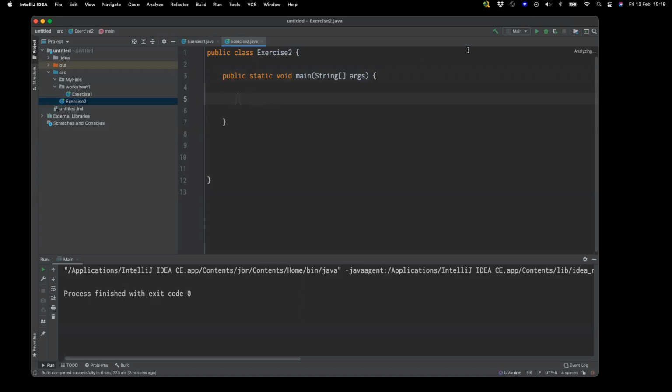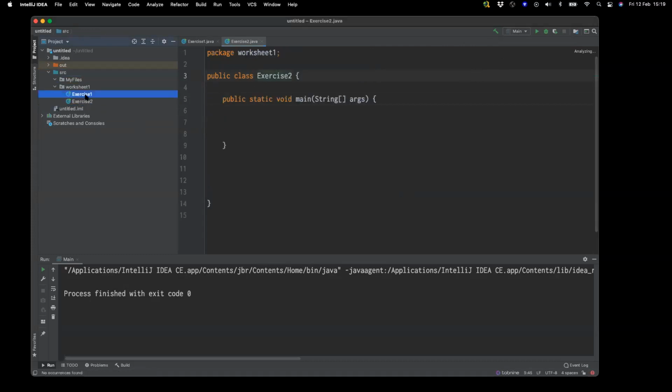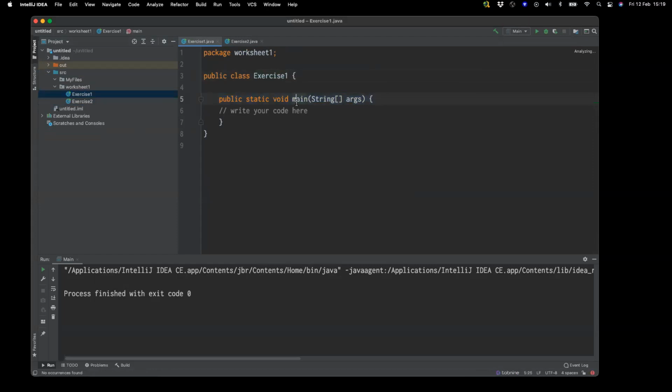So let's see if my environment is behaving correctly. Let me drag exercise 2 into worksheet 1. So now I've got 2 separate public static void mains. So what does public static void main mean? Well, the easiest, hopefully the easiest